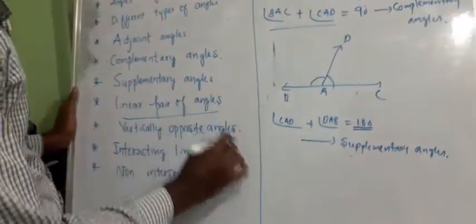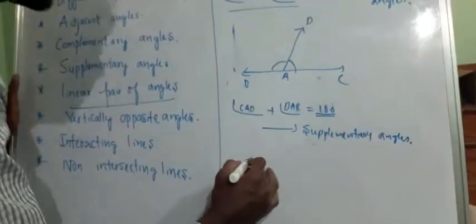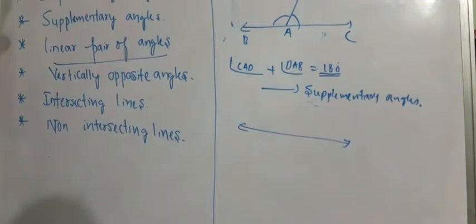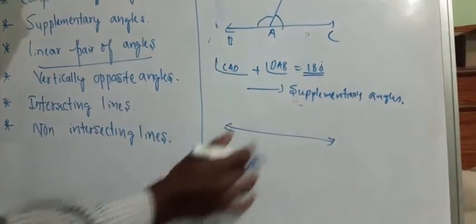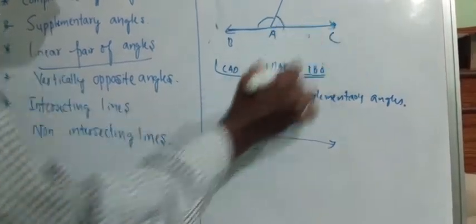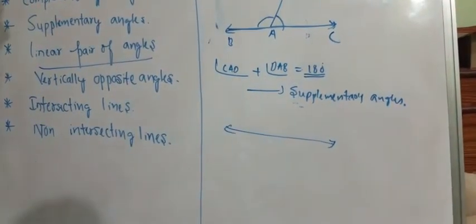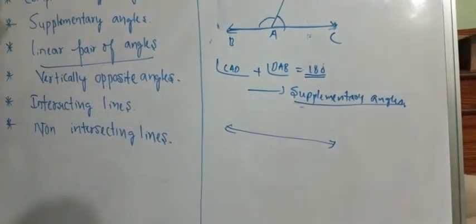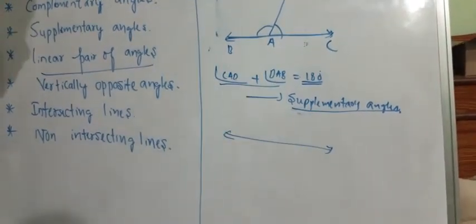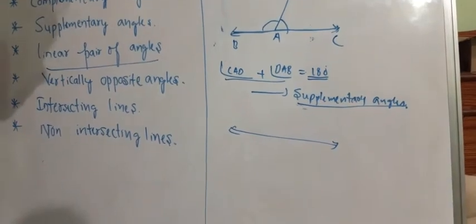Linear pair. This is a linear pair. See, in a linear pair, if the sum of two angles is equal to 180 degrees, then we call it a linear pair. Either we call it supplementary angles or we call it a linear pair. The sum of adjacent angles should give us 180 degrees. Next,